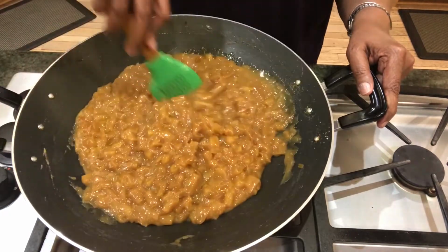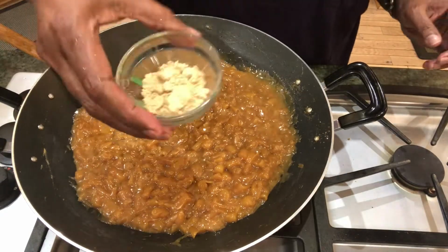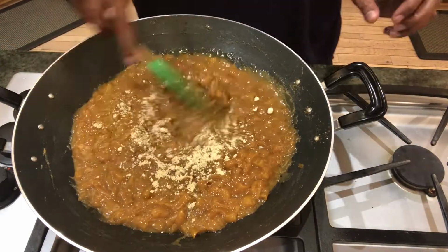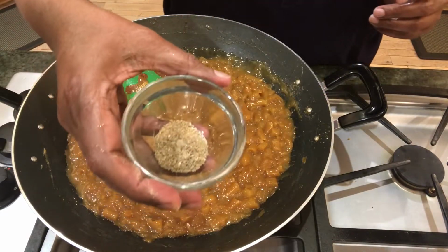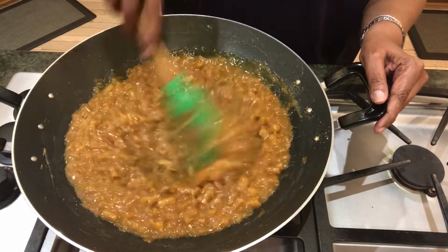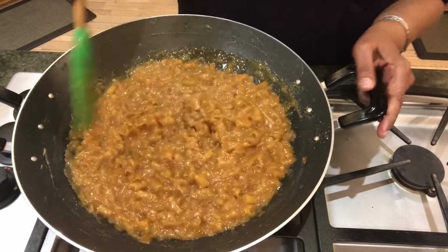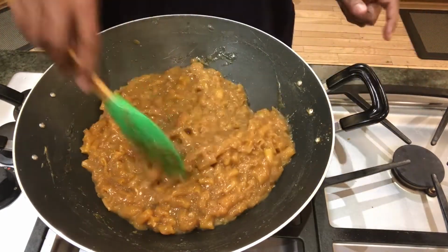Okay, so see how wonderful it looks. So I'm going to put the ginger powder and the cardamom powder. Mix it, blend it together. It's a little bit too thick, so we need to loosen it, but I still have the first extract of